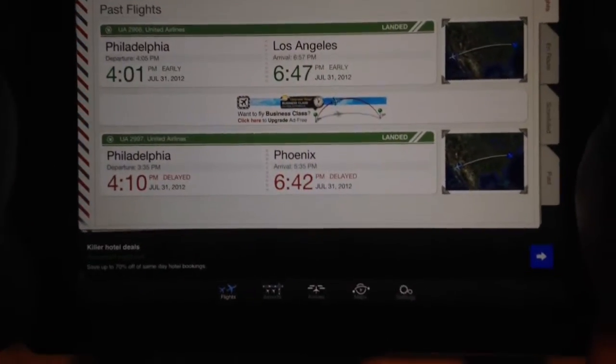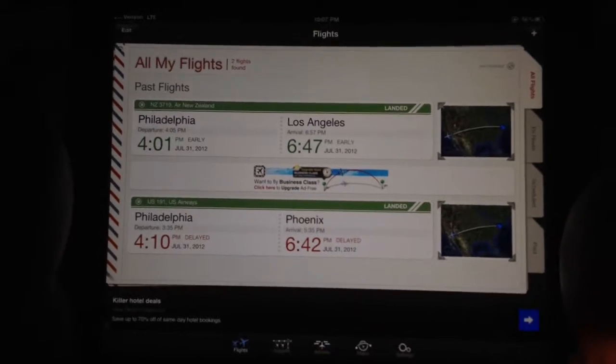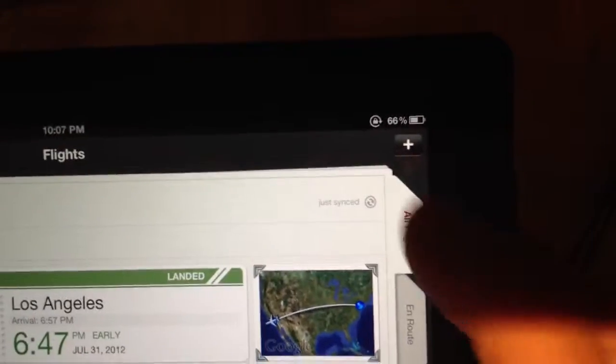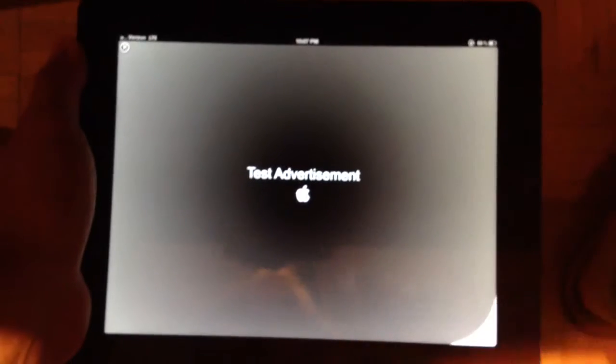Notice on the flight screen that I have two. These aren't actually flights that I'm on or that I care about, but I just added them as examples. If you want to add a flight, on the top right, there's a little plus button there, if you can see that. If you click on that plus button, okay, so this is actually a little bit of what is